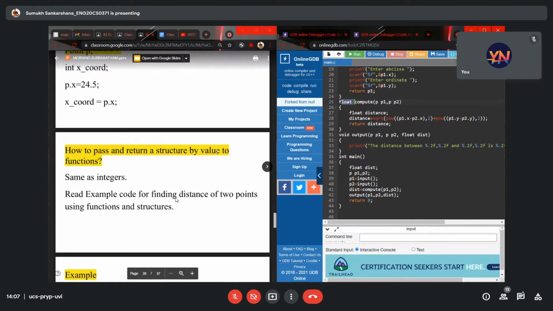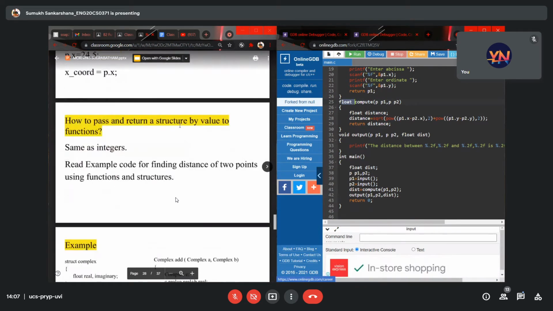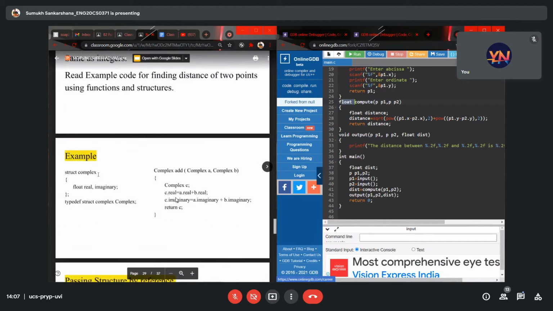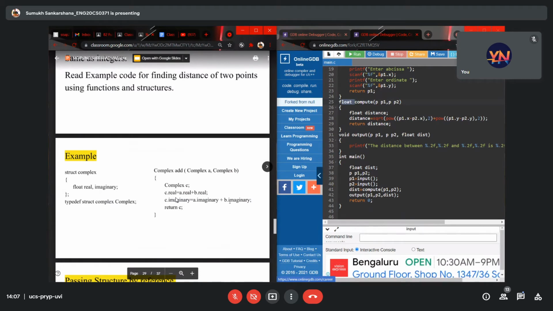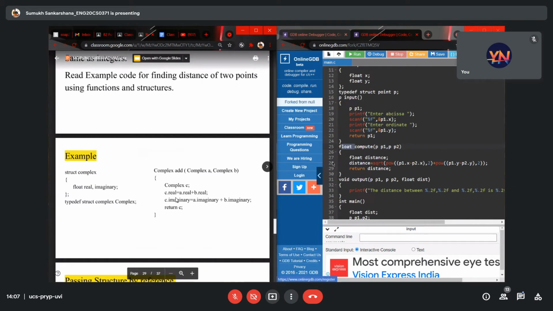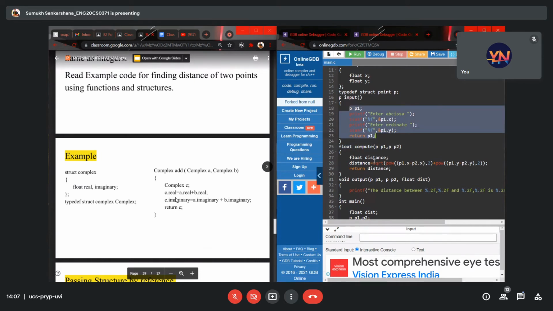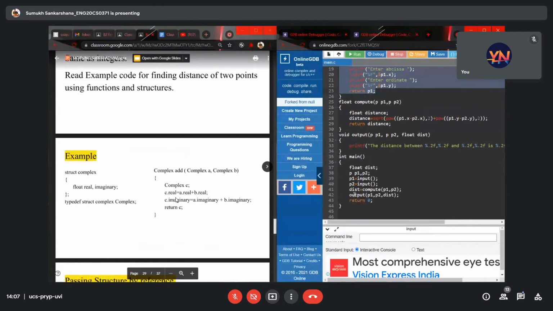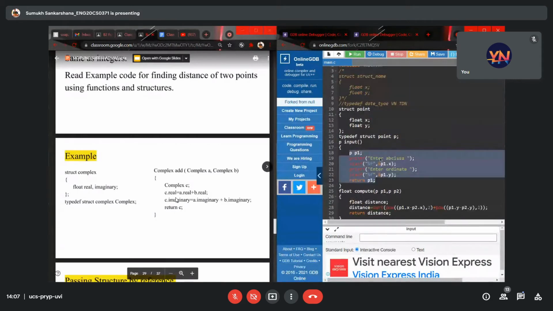Okay, that's exactly what's here. How to pass or return the structure by value to a function. It's the same as integers, the same as everything. You can see it over here. This is basically a definition of how to do structures and how to return a structure, using return for a whole structure. That's what we did in the input function, right? Hope you guys understood. Now here we send the p1 and p2, which is here,